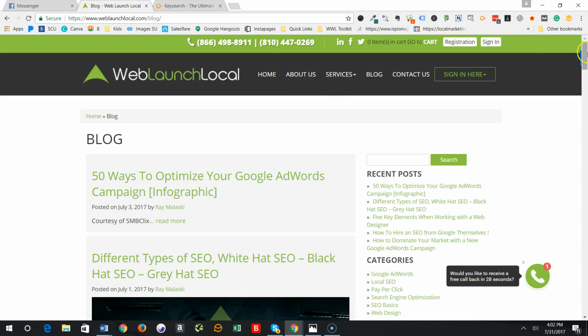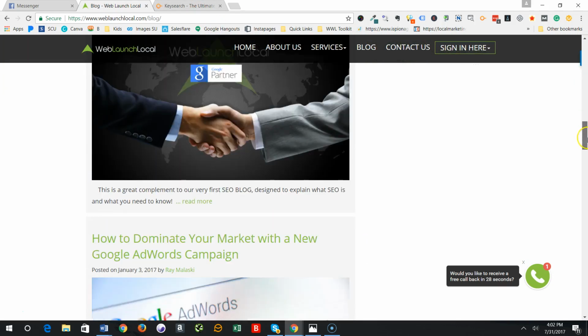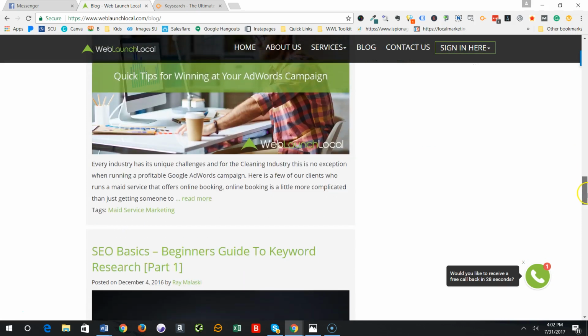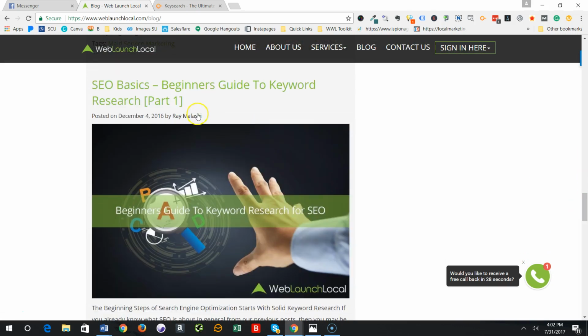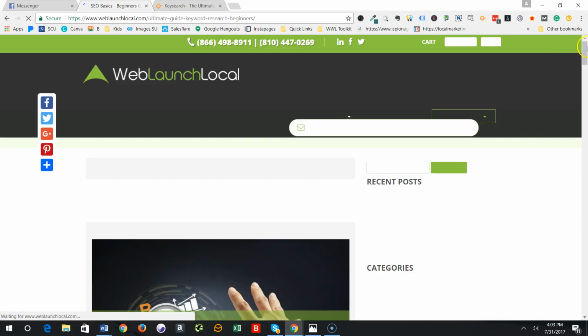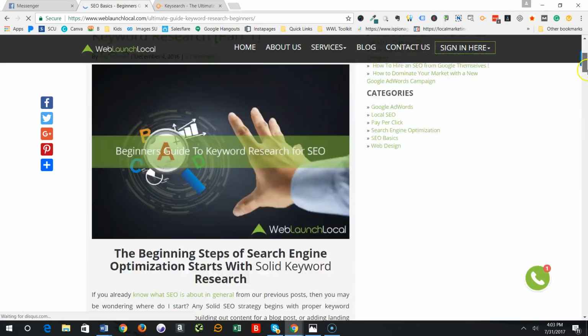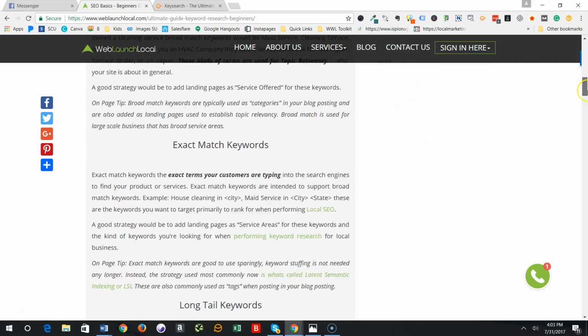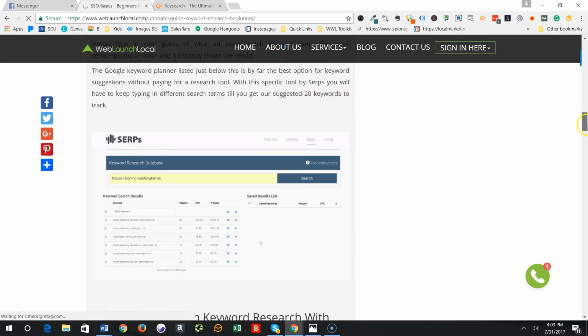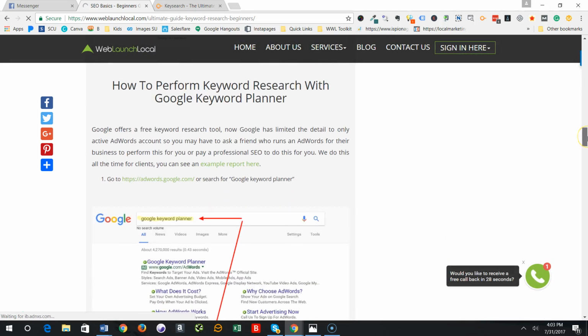So on the Web Launch Local site, in our blog, I did Beginner's Guide to Keyword Research, Part 1. I intend to do more, so that's why that's Part 1, to go in a little bit more in depth about it, where to find it, long tails, things like that. But this covers the basics, and in this, we used the Google Keyword Research Planner for this, which we do